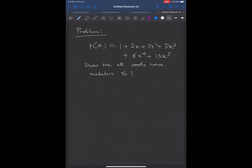Sir, we noticed that 5 plus 8 equals 13 and 1 plus 2 equals 3, and 3x squared is even, I mean, it will always be positive, greater than or equal to 0. Yeah, positive, but not even, I guess. I mean, 3x squared, that function, it will be greater than or equal to 0. So if we take mod on both sides,